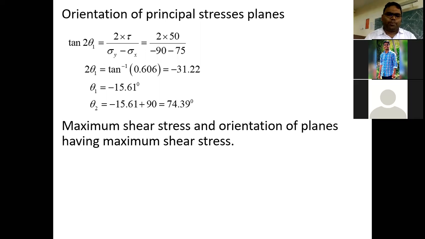stress. आपको फॉर्मूला पता है क्या है? tan 2 theta 1 is equal to 2 tau upon sigma y minus sigma x. Put all the relative values. जैसे आपने सारी वैल्यू पुट करी, क्या रखा आपने यहाँ? tau is 50 was given, दिया था ना 50 was given. So okay, and all the relative values are put here. Sigma y minus 90 and sigma x is plus 75, and these values came here, and then you just solve it. So आपको आया फाइनल आंसर is minus 15.61 degree.